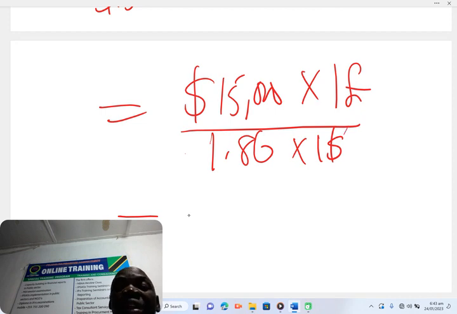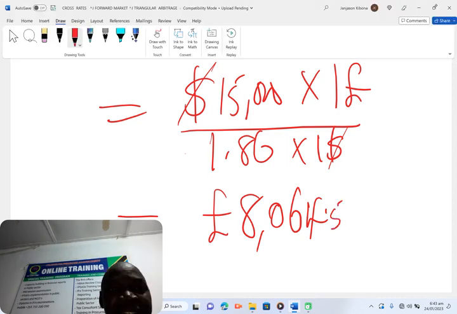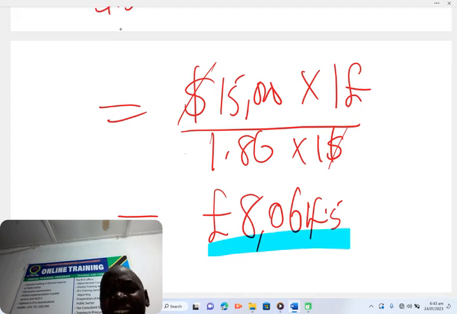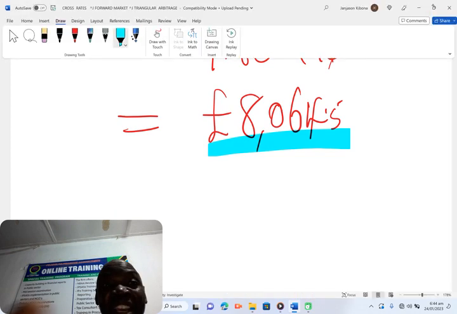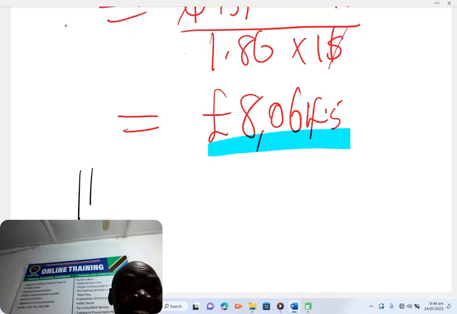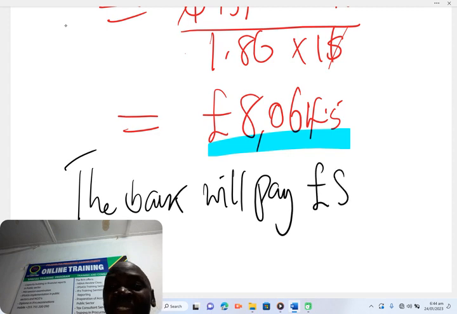So is pound, yes. So it's pound F8 pounds. So it seems as if you are. Can you now tell me what was the question? He's saying how much the bank can do what? Can you pay, isn't it? So we're saying the bank will pay how much? Pound